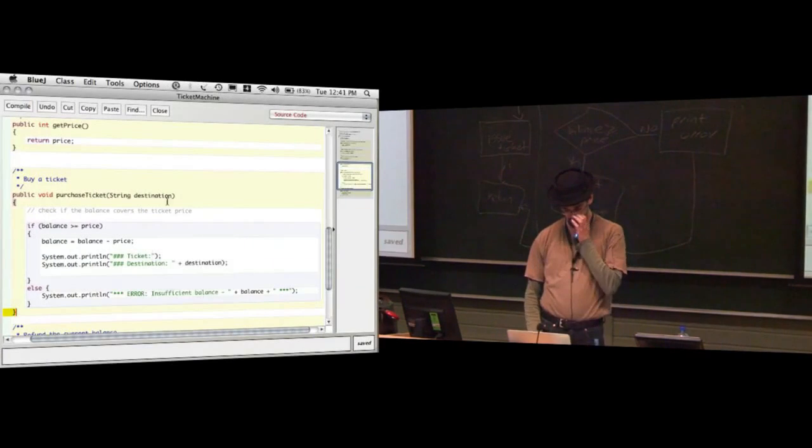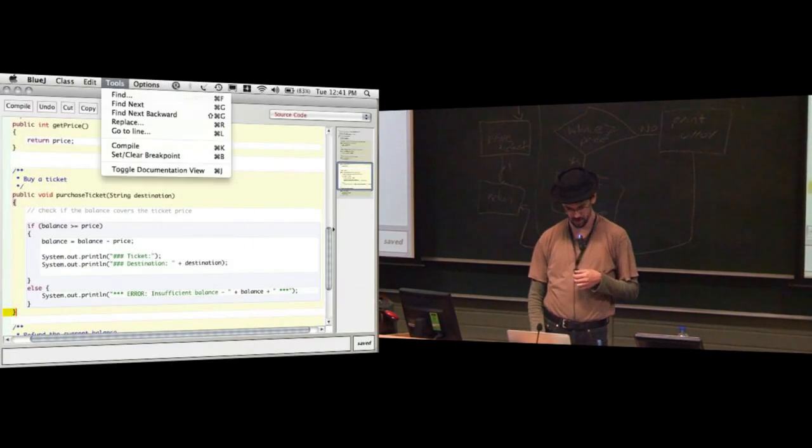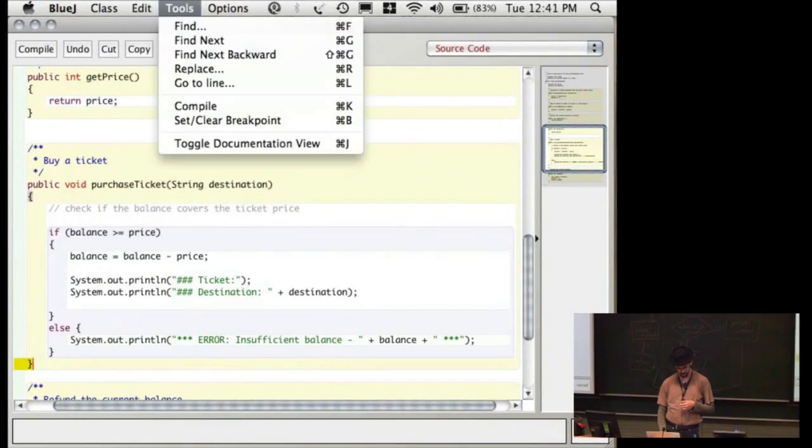So to have a look at what kinds of things this allows you to do, let's go and have a look at the